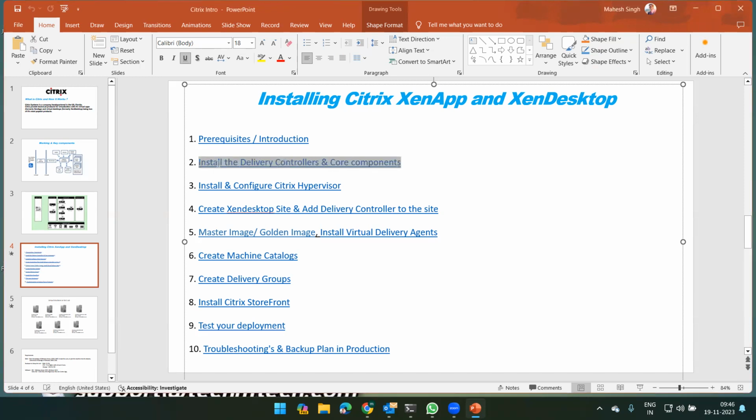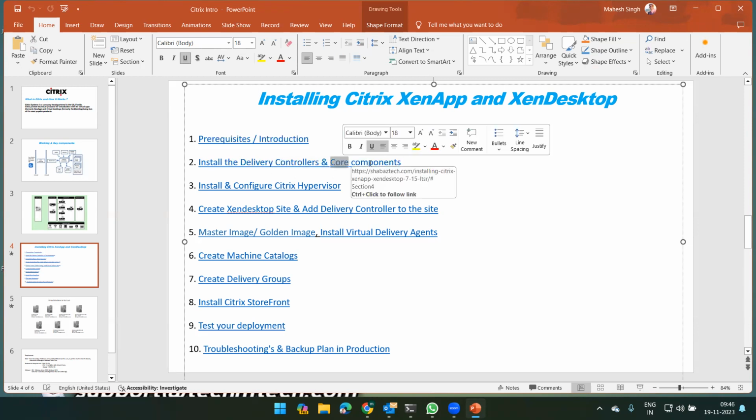Today what we will do, we will go with the lab with the practicals and we will deploy one server as a delivery controller along with other Citrix core components. Okay. So